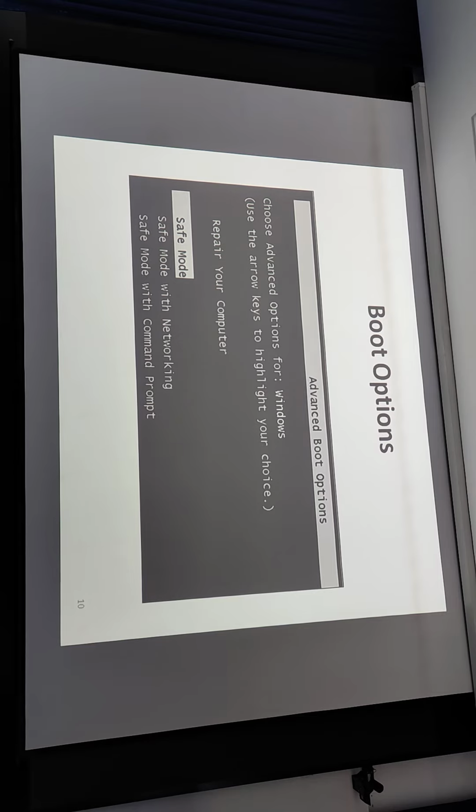For some operating systems, in this case Windows, it provides us different configurations for starting your computer. For example, safe mode. In safe mode, we do not run the operating system with full functionality.